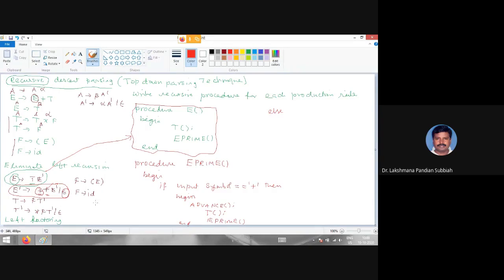Suppose we are having this symbol. If this symbol is not there, then we are calling the function called error. So this is end for this case, right? Begin, this is begin end for this if, right? Now that else part with error, then we are having